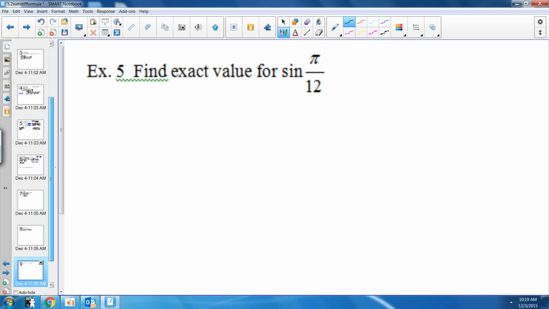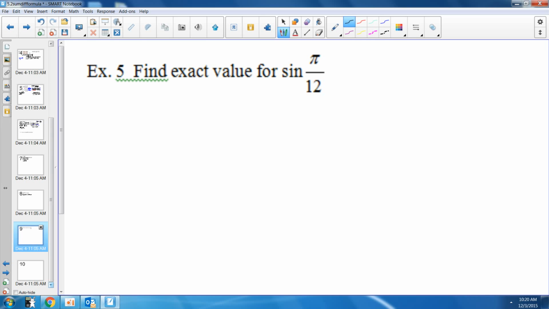Two more problems. What is the exact value for the sine of pi over 12? That creates a little bit further challenge because you're dealing with pi over 12 instead of degrees. And so you got to remember your